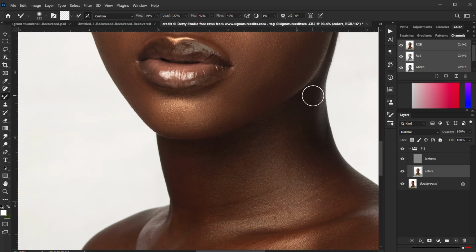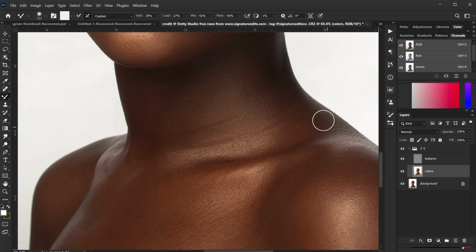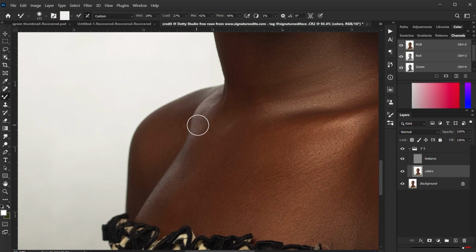Now we move down to the neck level, the neck region. Make sure to hit this shadow separately. All right, I'm just gonna brush out. Also, don't forget, follow the pattern of the skin. You have to brush out the image following the pattern of the skin. So at this point, I will just go ahead and